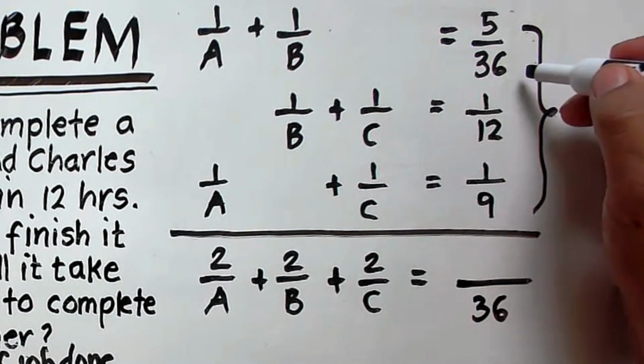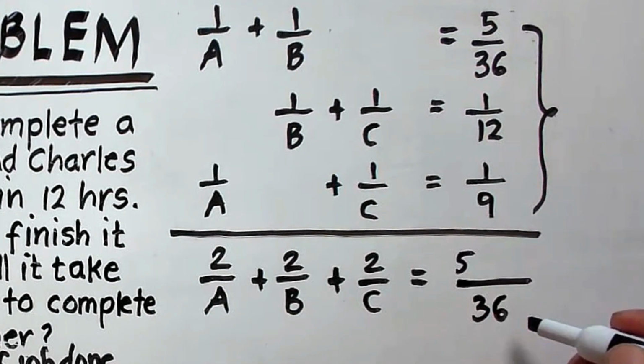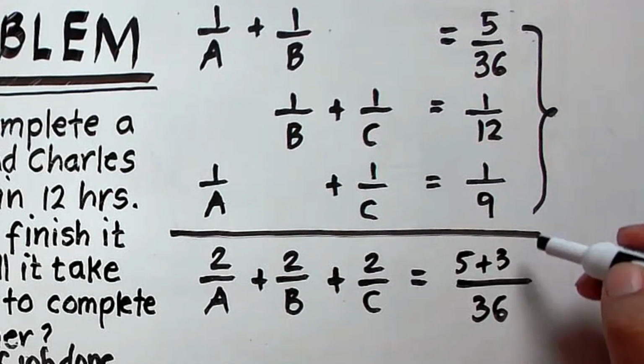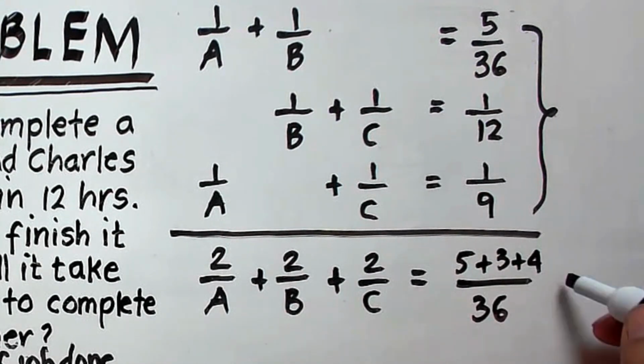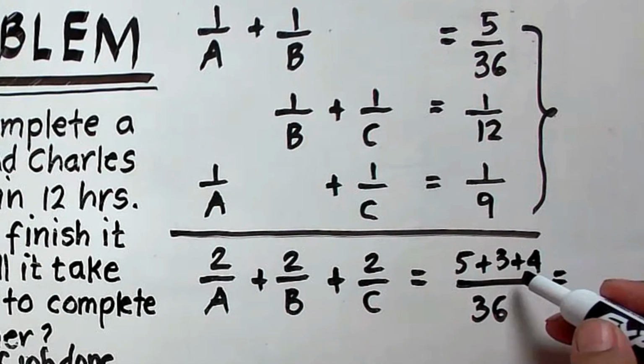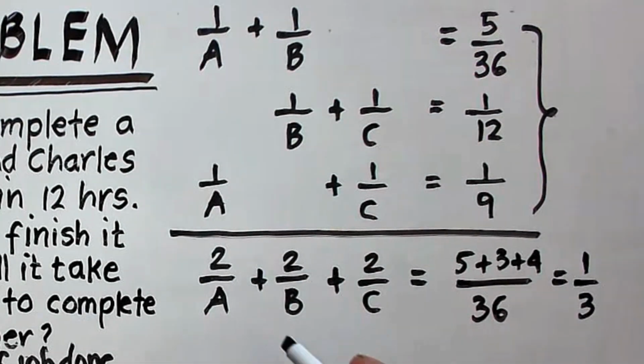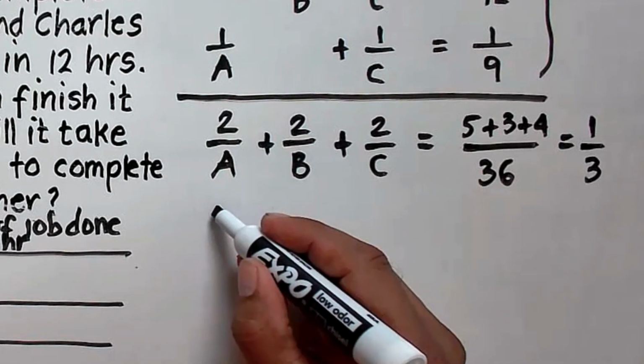36 divided by 36 is 1, times 5 is 5. 36 divided by 12 is 3, times 1 is 3. 36 divided by 9 is 4, times 1 is 4. And this is equal to 5 plus 3, 8 plus 4 is 12 over 36, or 1 over 3. Then there's a common factor 2 here, so we can write this as 2